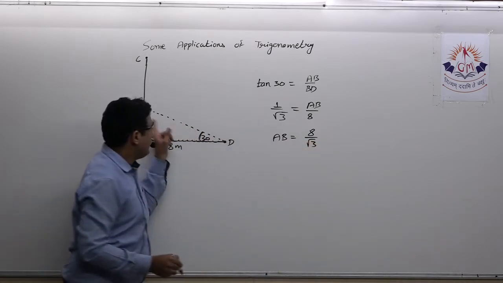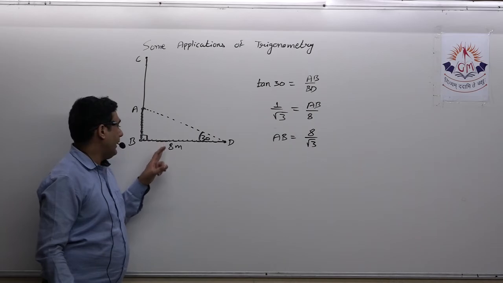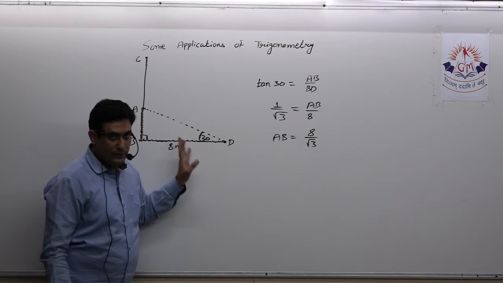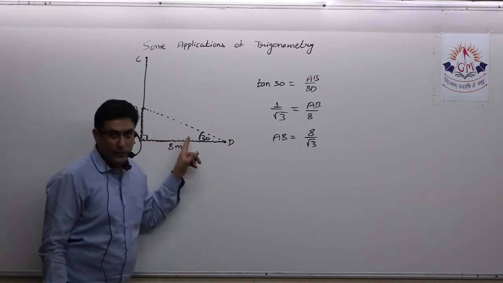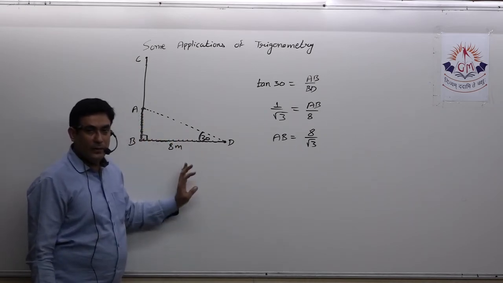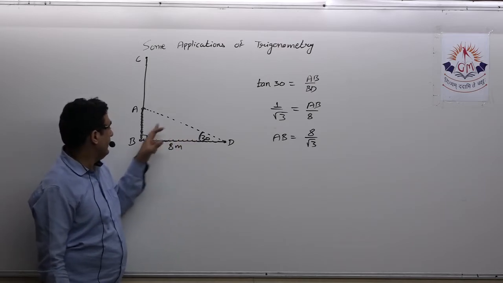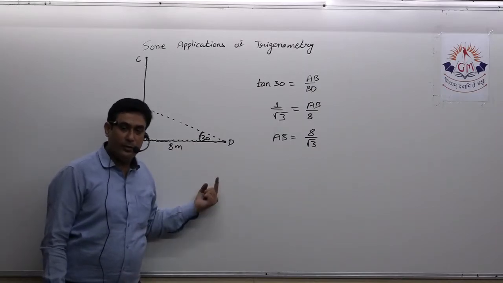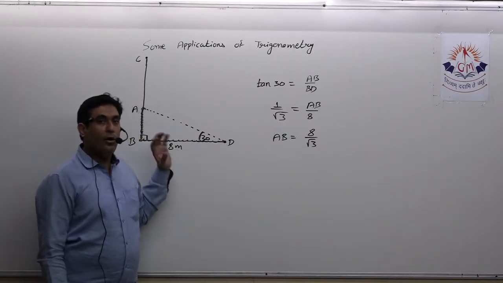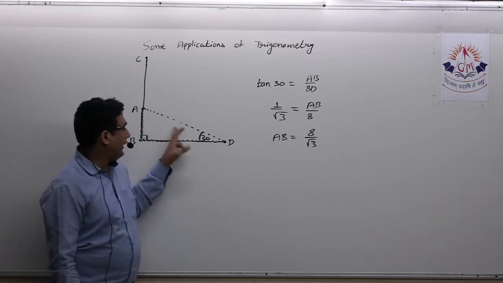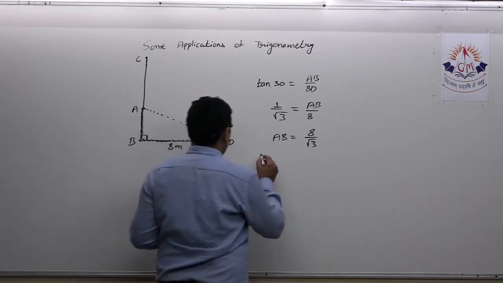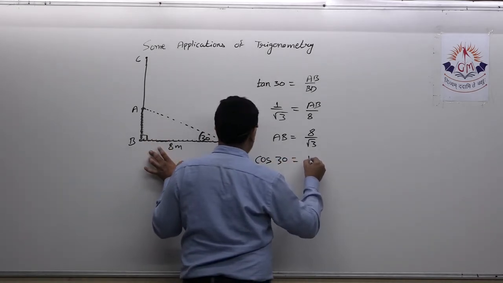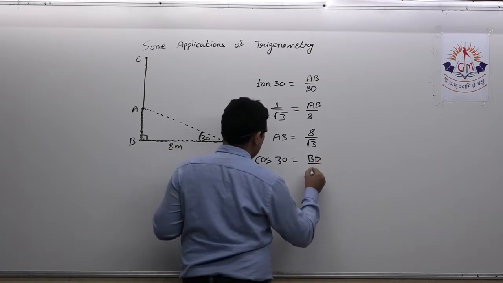Okay, now next, what do I need? AD. Now there are two ways. See, I have BD, I got AB. So with the help of the Pythagoras theorem I can obtain AD. That is one way. Another way, this is the hypotenuse. Now I have perpendicular as well as base. For this angle of 30 degrees, BD is base, AD is hypotenuse. So definitely either I can apply cos theta or sin theta, or the Pythagoras theorem. Anyhow, I have to obtain AD. So here I am applying cos. So now cos 30 degrees is equal to base, that is BD, upon hypotenuse, that is AD.